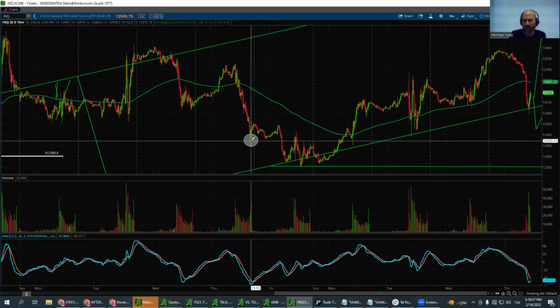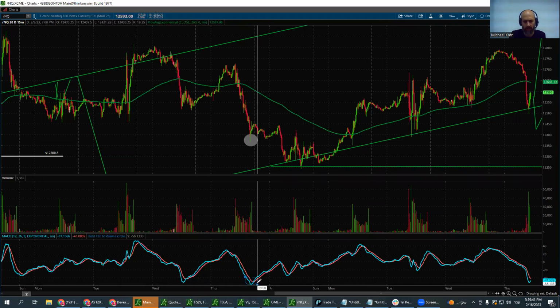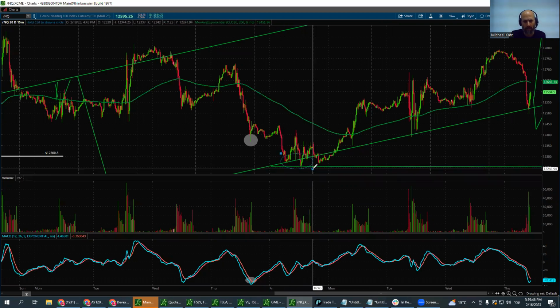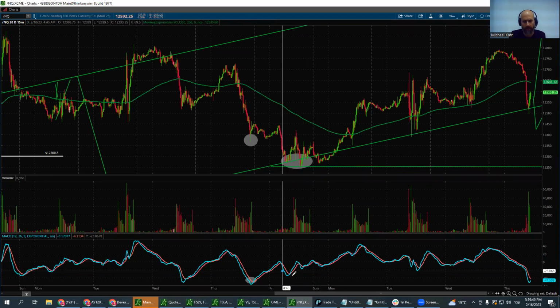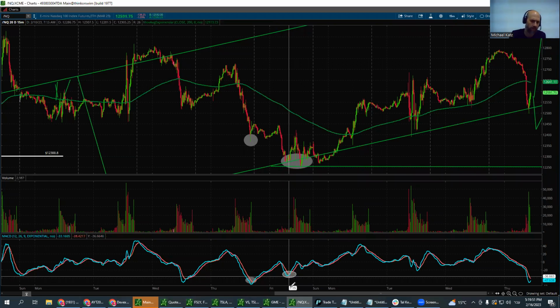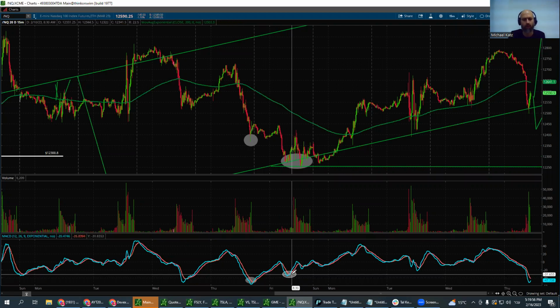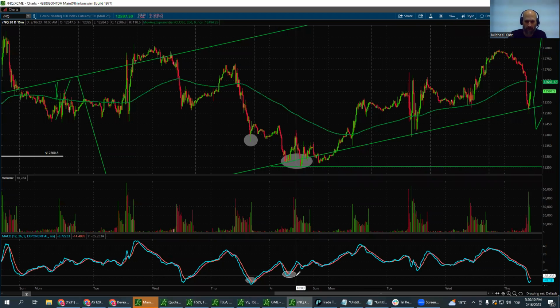We had a nice drop and created a low. Then the MACD created another low as well. And then we had a new low right here. And the MACD, instead of creating a new low like the chart did, actually created a higher low. So basically, this is a positive divergence. And in most cases, it will indicate, or could indicate, a reverse movement that might occur.